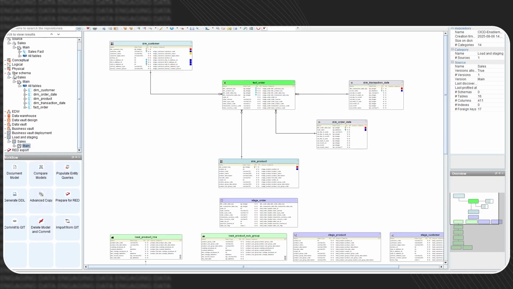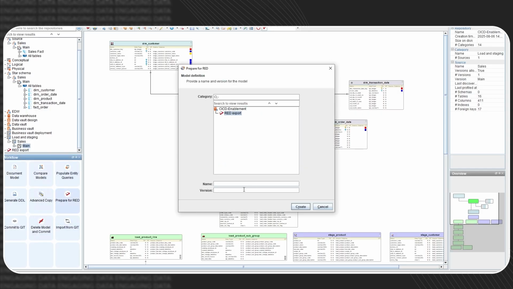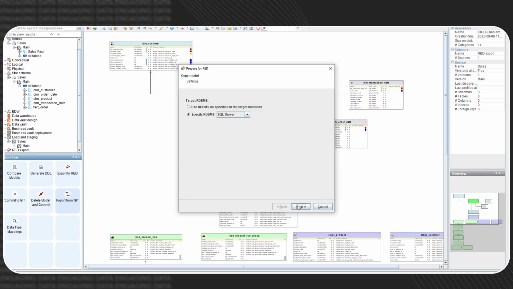Now that we've created our target storage locations, we want to get this ready to physicalize the data model and push it into our target platform, which in this case will be Snowflake. So we use the workflow button to prepare for RED, and we are going to do sales, and we're going to go to main and create a model version again, which is consistent. I'm going to use the RDBMS for the specified location,